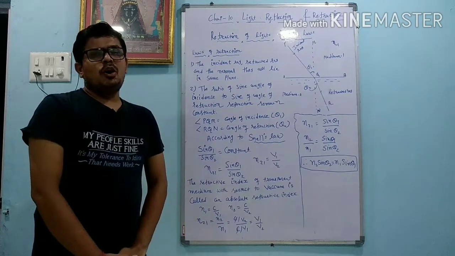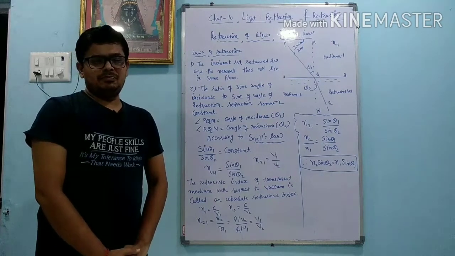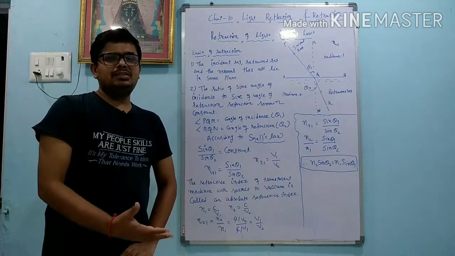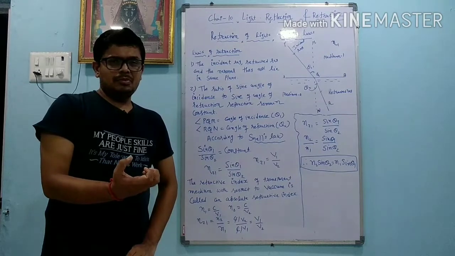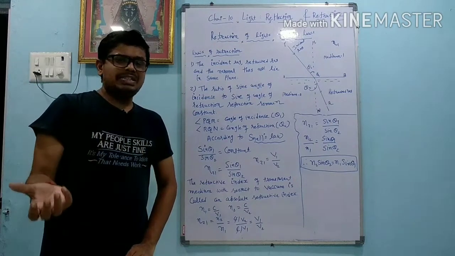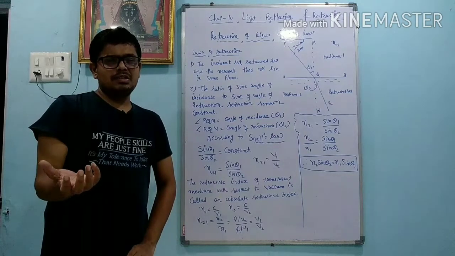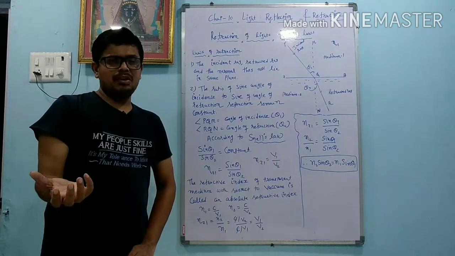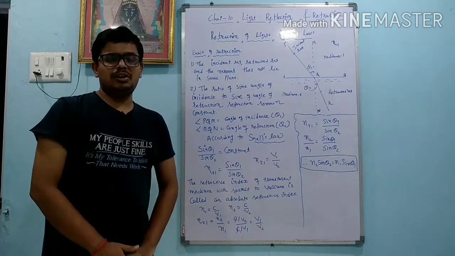Okay, so optical density and relative density both are different. Optical density of kerosene is more, which means it is looking colorful. But its relative density is less than water, so it is floating on the water. So optical density and relative density are both different.